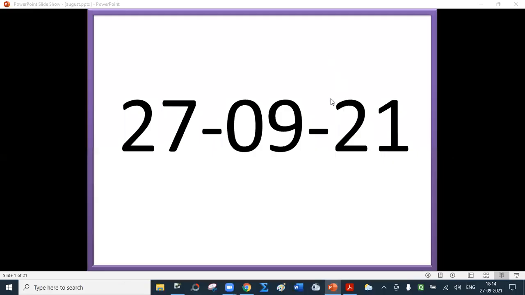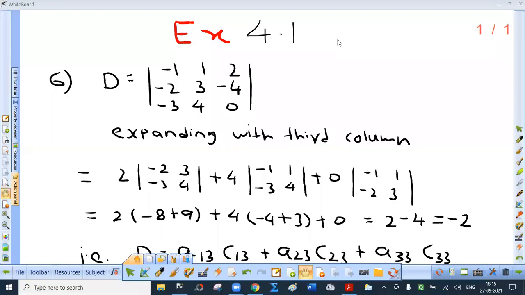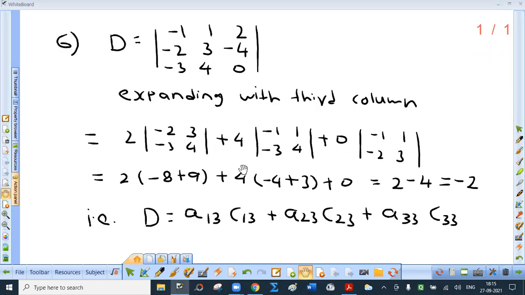Good evening. I think we have to solve sum number 6 from exercise 4.1. Find the value of the following determinant expanding along third column. So third column means these elements. This is A13, A23, A33. Ideally, you should say D equal to